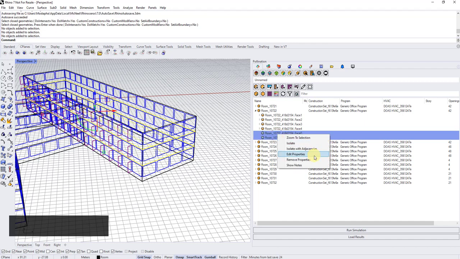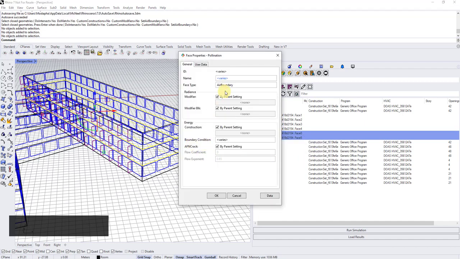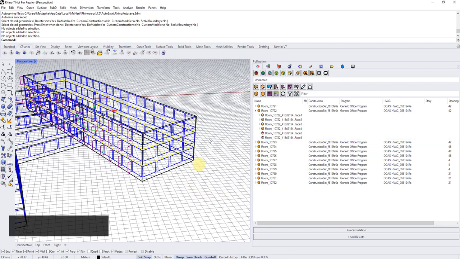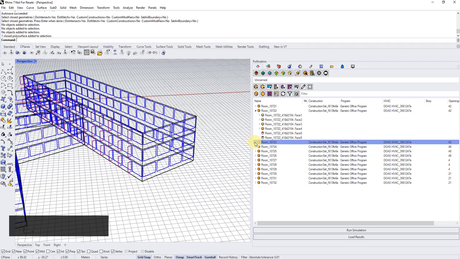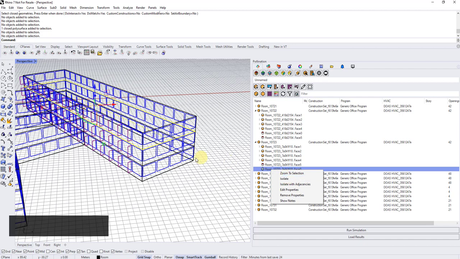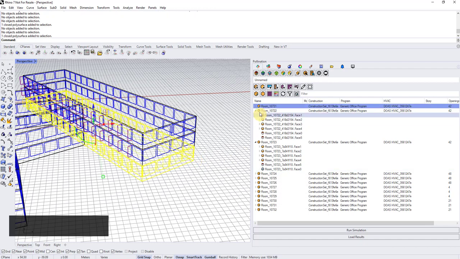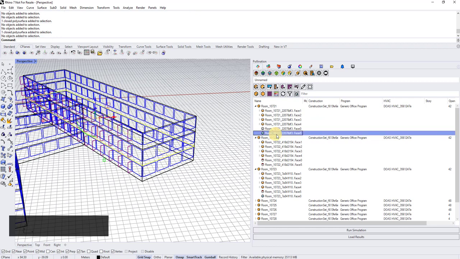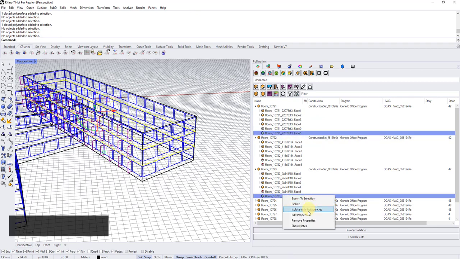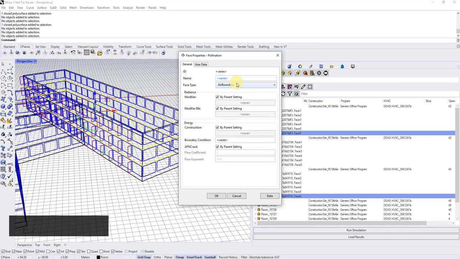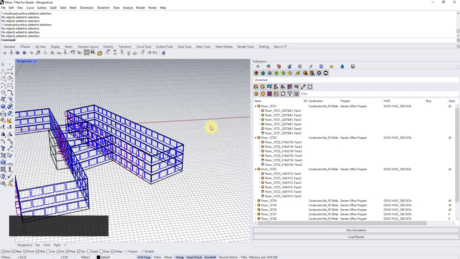So what I have to do is edit properties, and instead of air boundary, make them roof ceiling. Press OK. I have to do the same for this one here, so I can select this and this, right click, edit properties, and make these roof ceiling too. Now if I do PO reset boundary condition, everything should be set to outdoor,